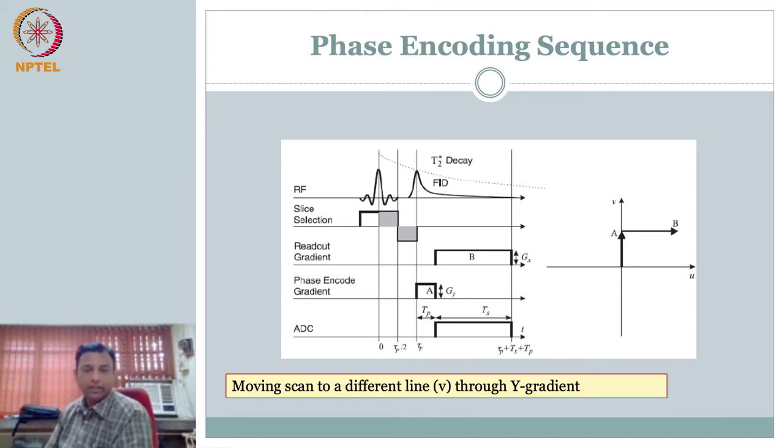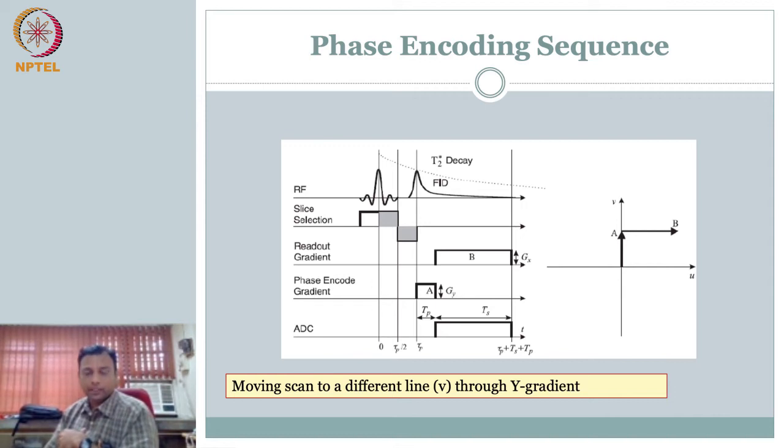When I did this for a short duration, each of the phases is different. Now I apply the same x gradient. So I have differentiated the y direction, I have differentiated the x direction, that is from the volume. Now the signal that I am recording can be distinguished by the frequency and the phase of the signal, which will tell me where it is coming from in x comma y. Okay, this is my data readout.